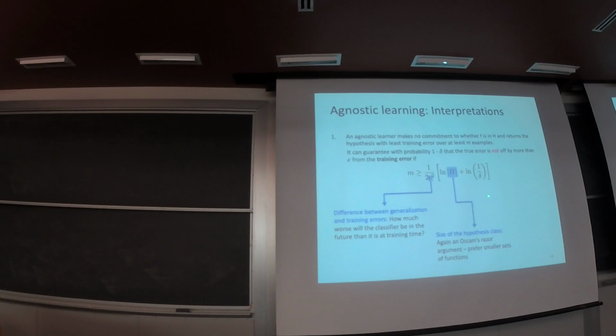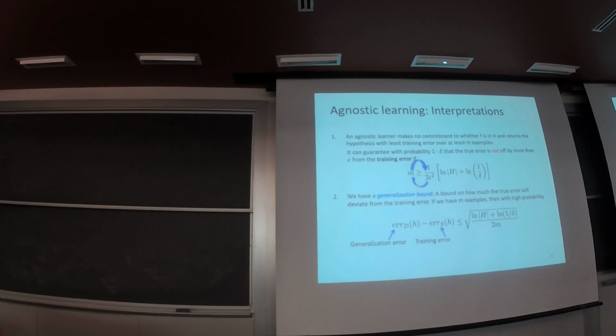And here we still have the term regarding the size of the whole hypothesis space. That's where Occam's razor shows up again. For the same epsilon, the same difference between the training and true errors, obviously a classifier with a larger hypothesis space will require more training examples to ensure the same difference with high probability. So obviously, we still prefer simple models with smaller hypothesis spaces. The same argument can be applied to agnostic learning.